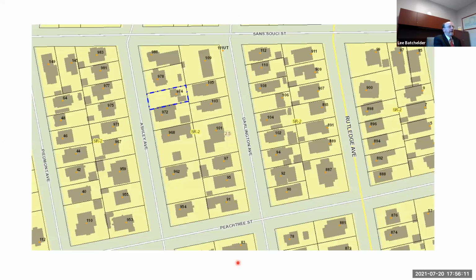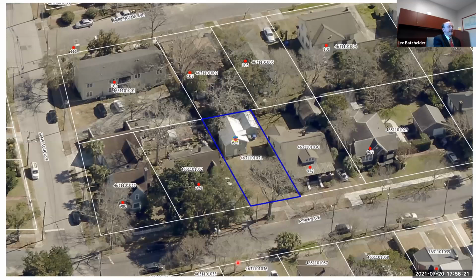And the property, you can see on the zoning map, it contains 2 buildings. They sit well back from Ashley Avenue. It's very unusual in that regard. And here's an aerial view. So this is a garage. The smaller building in the back corner is a garage. And then there's this larger building that contains a residential dwelling unit, but unusual in that it sits so far back from the street. I'm not sure what the history is of that, but they would like to demolish that building and build a new house up front that would be more in keeping with the streetscape